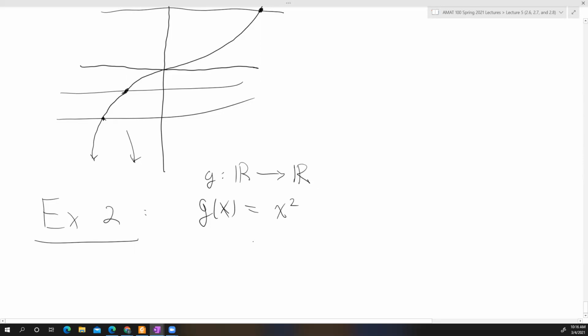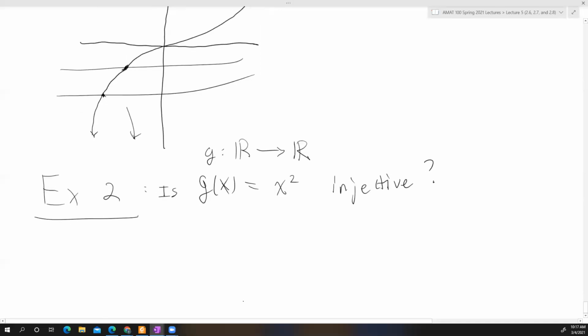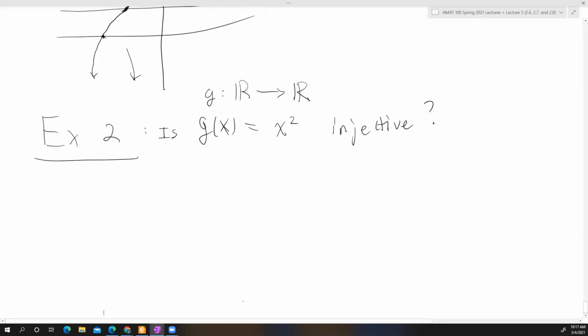And we want to determine whether this function is injective. So is this injective? Well, again, maybe it's not clear to us how to prove it one way or the other, but we can appeal to a picture. We can appeal to our geometric intuition to determine whether